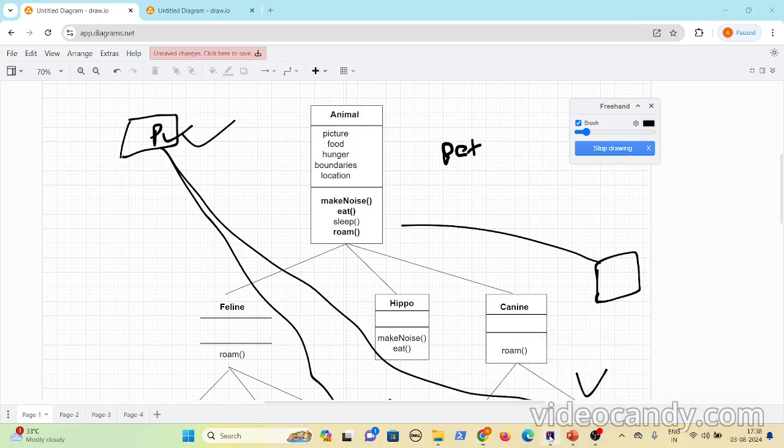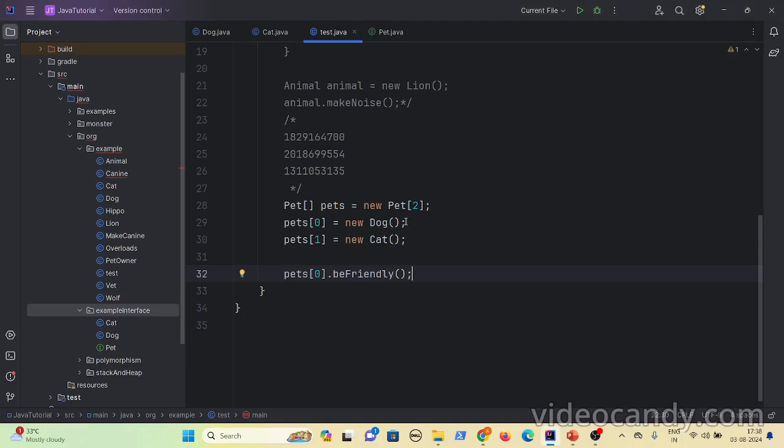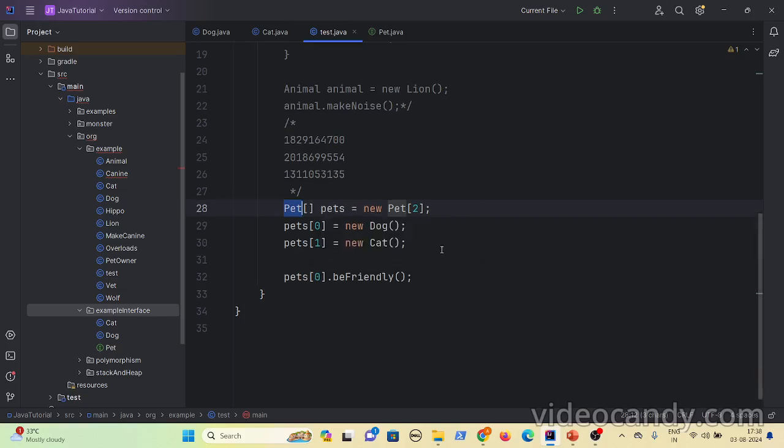Because if you use the pet reference variable, you can add multiple subclasses to this and you can invoke the methods by just using a single reference variable, though the objects are different. So a single pet class sometimes acts as a dog, sometimes acts as a cat, right? So this is also a polymorphic behavior, right? Yeah. And one more advantage here is